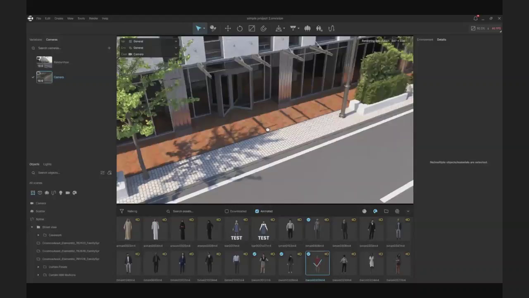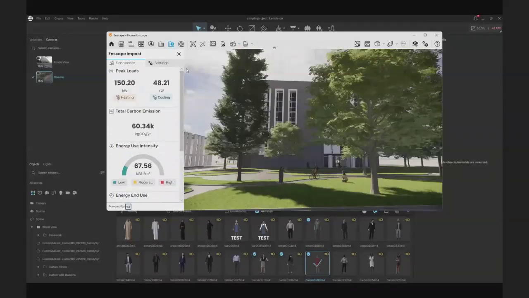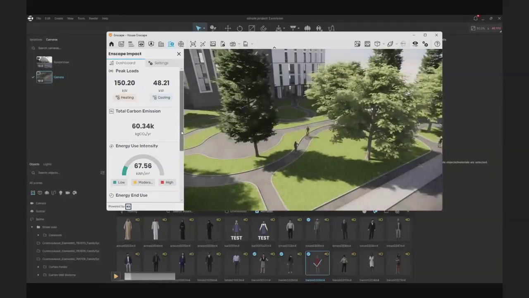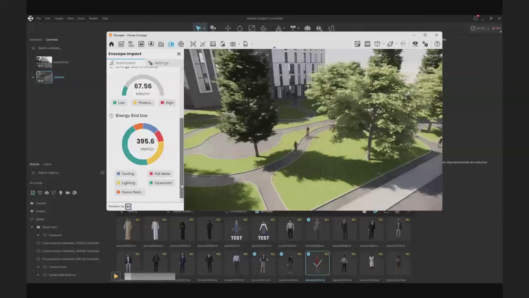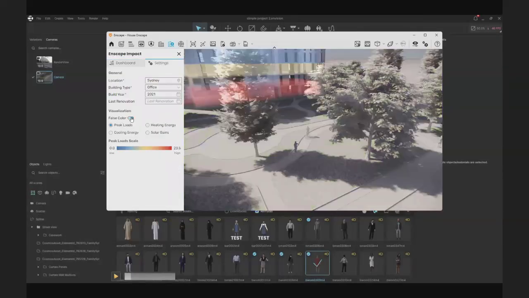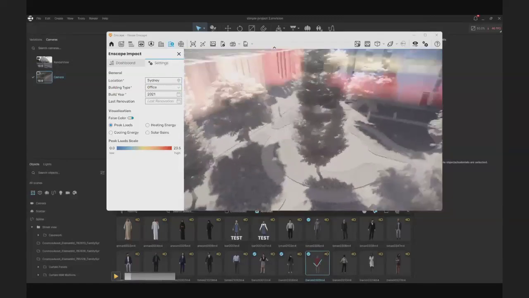Okay, I think I forgot something at the beginning for the Enscape part. So before we end, I want to show you the results from the Enscape impact calculations. Here we can see all of these calculations, and here we can see the cooling and the lighting and everything else. We can present it with false colors on the building itself.